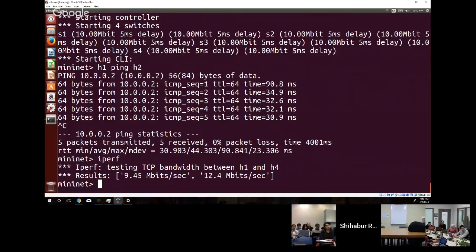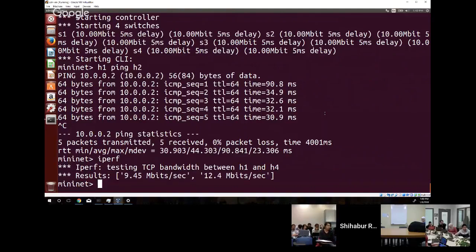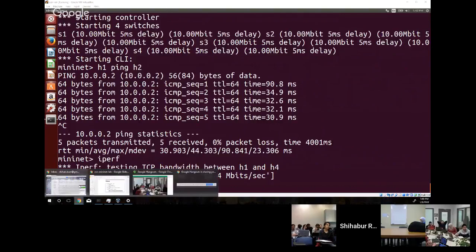And as we can see from the results here, the bandwidth is somewhere close to 10 megabits per second, between 9 and 12. So we deployed a network with emulated bandwidth and delay, did some tests, and it works, right? So the delay parameter works, the bandwidth parameter works as well. All right, so having said that,